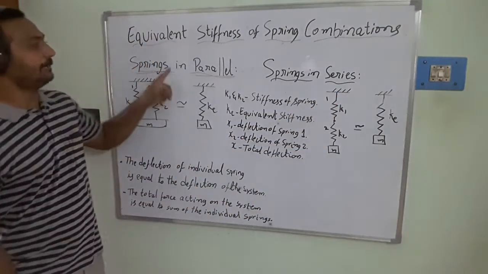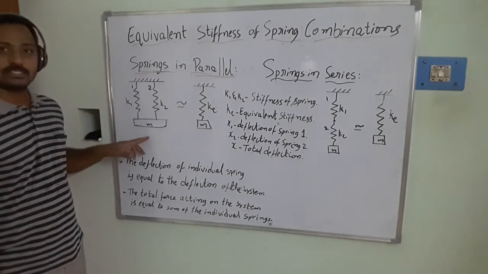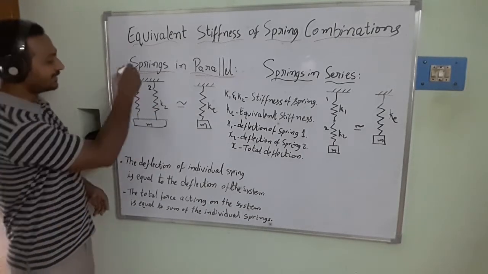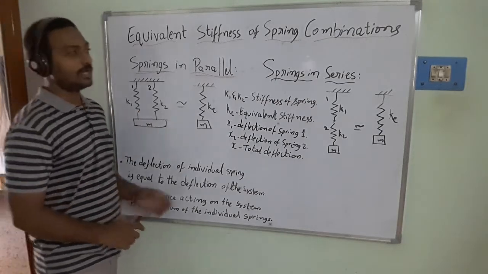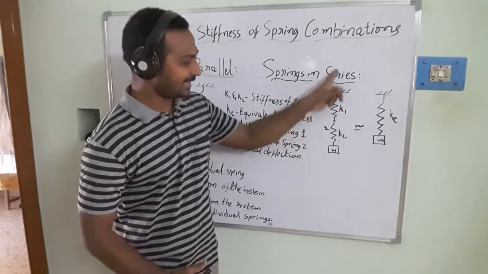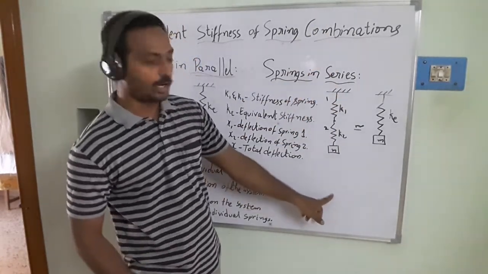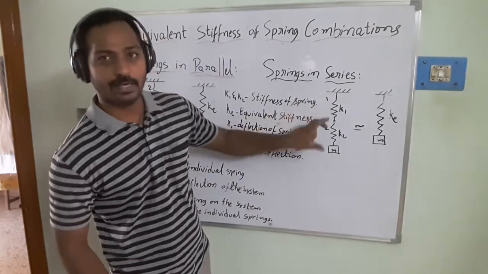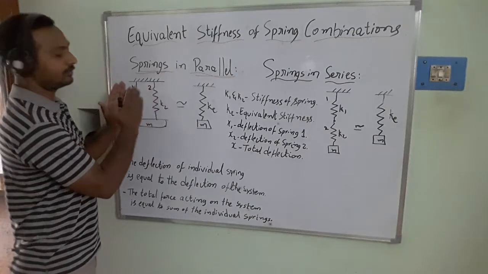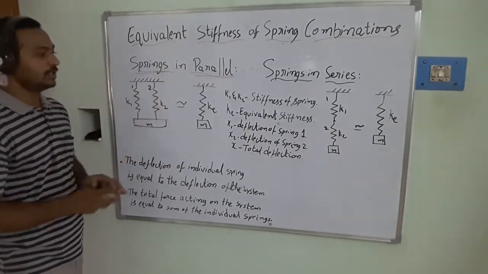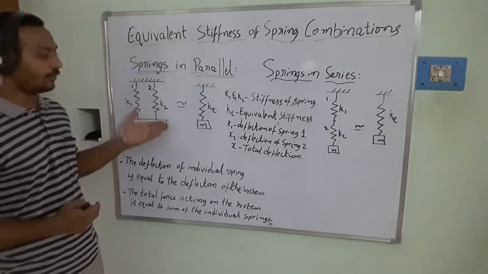In the springs in parallel condition, we can see here the spring system and the mass is going to be attached. In this case, the axes of the springs are going to be parallel to each other. But when it comes to the springs in series condition, the springs are going to exist in the same line, along the longitudinal axis, and connected one after another. In the parallel connection, they are connected one next to another. So then we can see how we can derive the equivalent stiffness for these two cases.